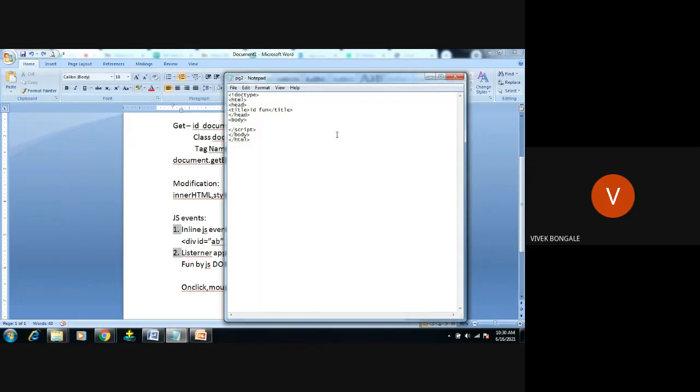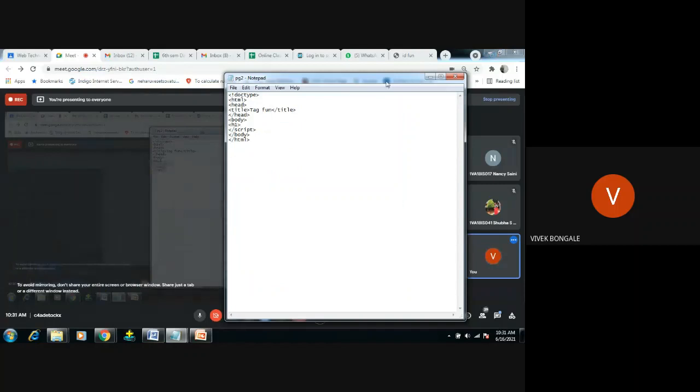So first we start with the tag name. Okay, we'll use the tag ID. I will try to display that. Right. So tag. When it comes to the body, what we do in the body is create some HTML elements.